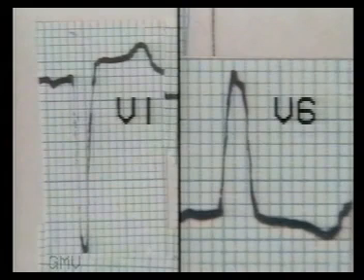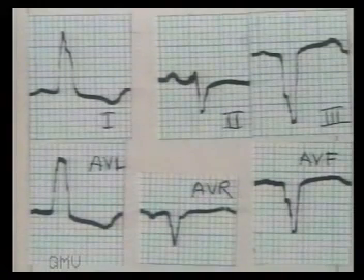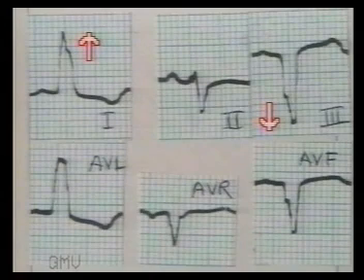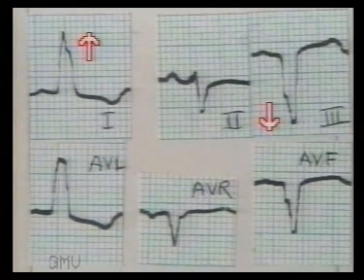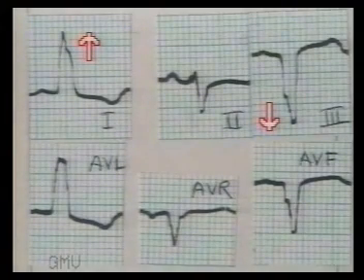Note in close-up view the broad and deep S wave in V1 and broad and slurred R wave in V6. In particular, note the absence of Q wave in V6 and note that the T waves are opposite in direction to the QRS complexes. Now let us see the limb leads. There is left axis deviation or left axis pattern, and the changes of left sided leads V5 and V6 are also seen in 1 and AVL, which are basically left sided leads.